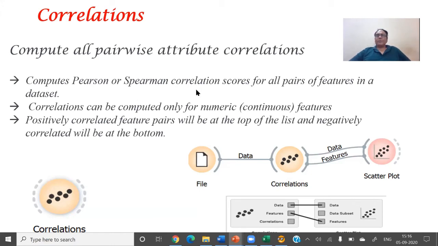If you remember, there are two types of data set. One is known as a scale data set, and second is ordinal data set. Maybe these figures are very complicated for you, but don't worry. In simple language, if you want to find out the correlation between two variables, we can use this icon. So let me show you how we can use the correlations in Orange.